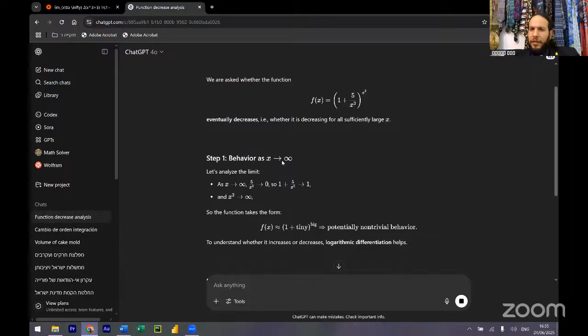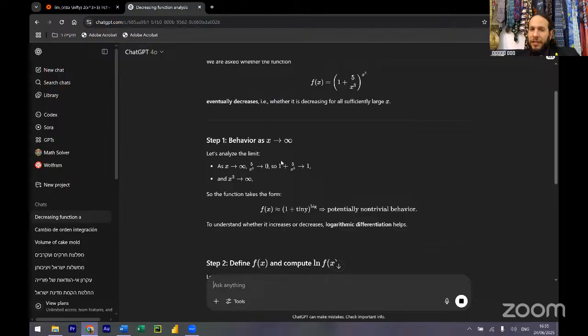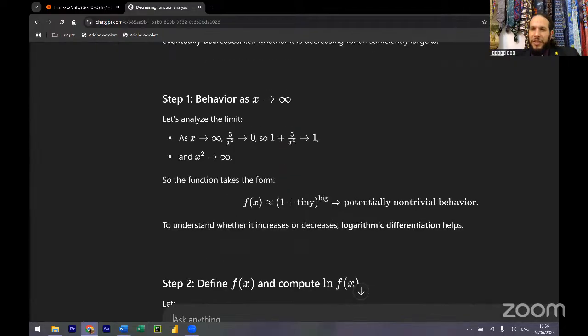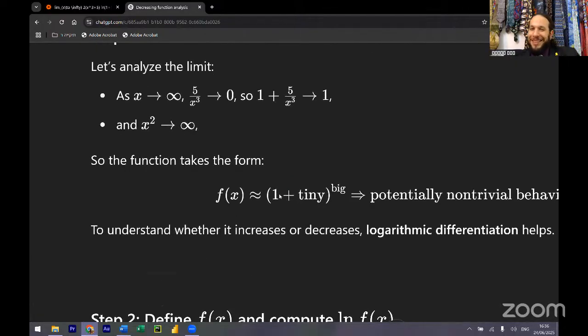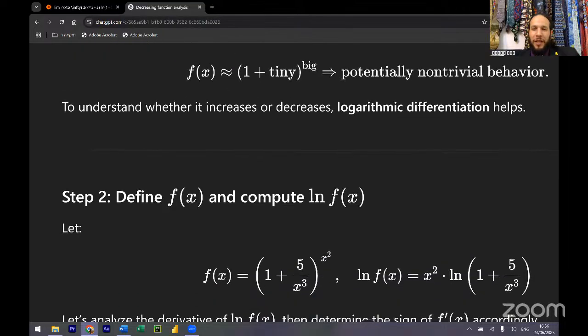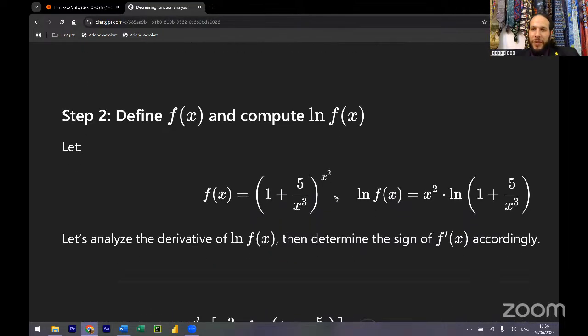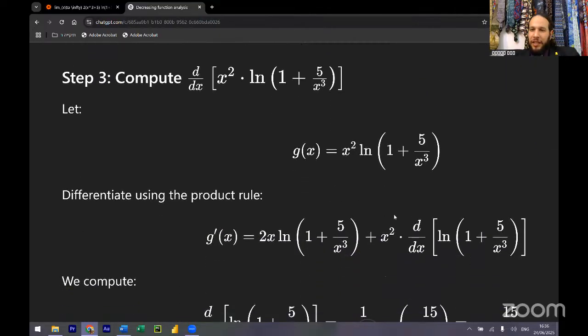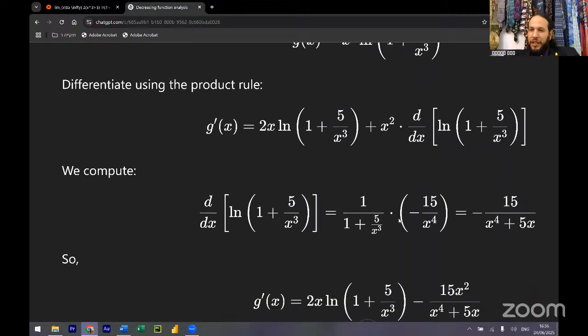So first of all, it looks at the limit. I agree with that. If the limit was infinity, then I won't say it's decreasing. This is interesting. Instead of saying 1 plus 0 to infinity, he says 1 plus tiny in the power of big. I'm not sure if it's better or worse, but it's interesting. Whatever, he did the ln. He got to the derivative. We did